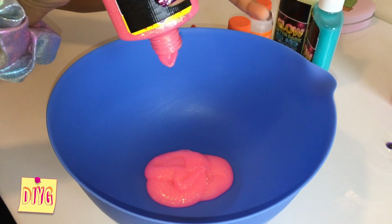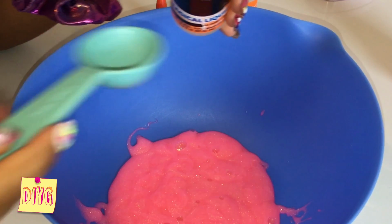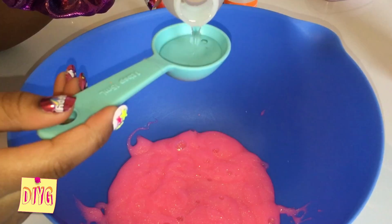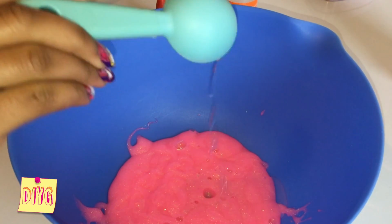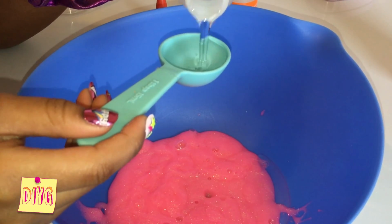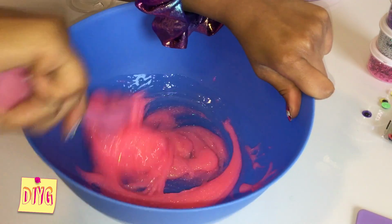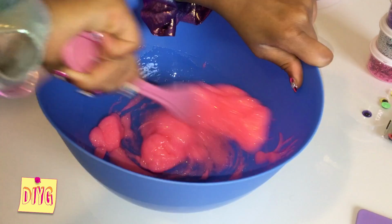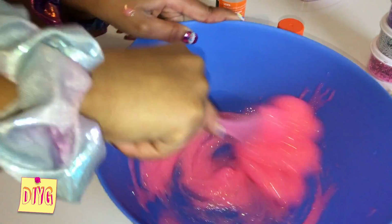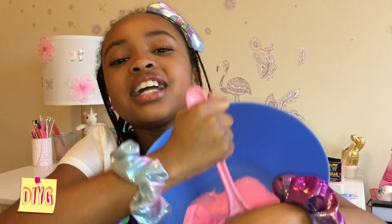So first I'm gonna start off with the pink glow-in-the-dark slime. Very thick. So now I'm gonna add 2 tablespoons of the magical liquid. Make sure you do it over the bowl just in case you spill some. As you mix it, you're going to see that your slime is going to harden. Now that you've got your slime mixed to perfection, now I'm going to add in this beautiful glitter, and I'm